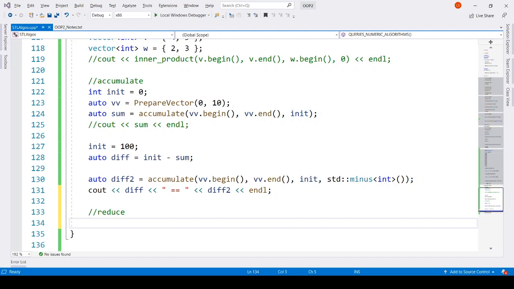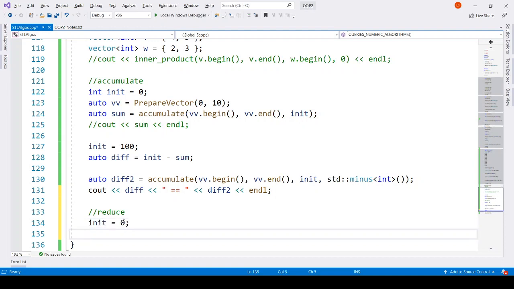So we set init again to 0. Okay, and we already have our VV vector. So we say reduce. We already have that sum variable, so let's keep that, and we need to supply the policy.